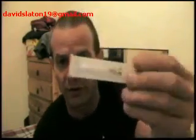This is a 27 gauge syringe, and it's like 13 millimeters long. This is an insulin needle tip. You really can't see it, but it's very tiny. Now, what I'm going to do first is fill up